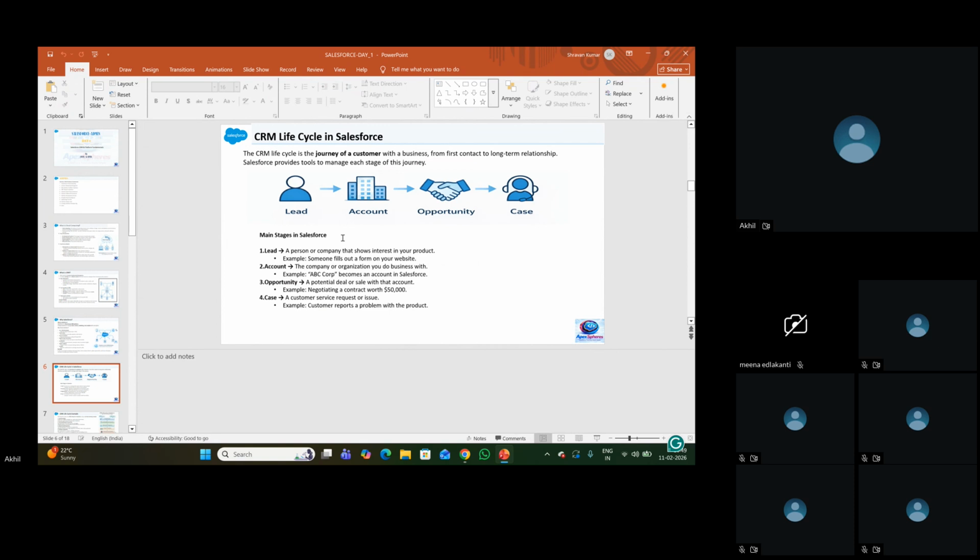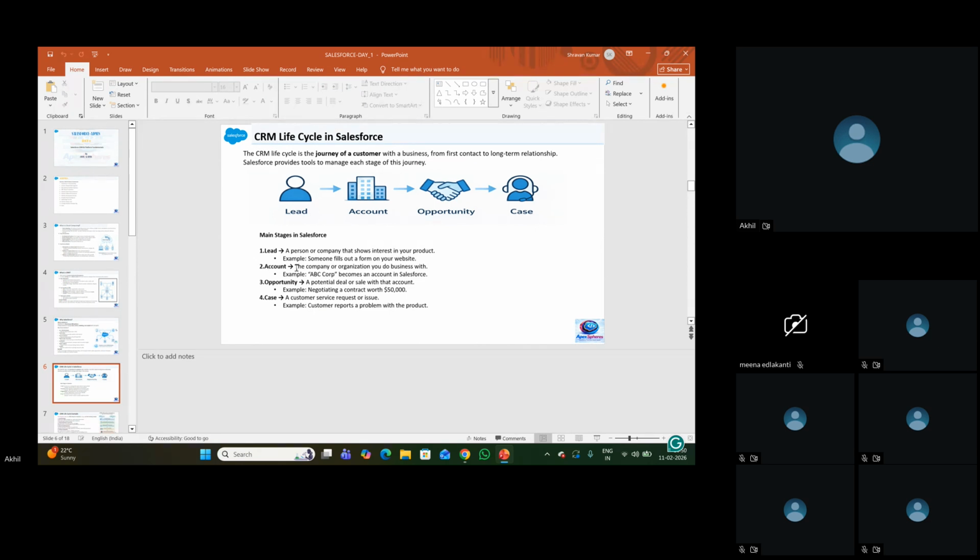The sales team will reach out to that lead, saying, "Looks like you were interested in this product. Do you want to use our product?" They'll have some conversation, and let's suppose that lead is interested in our product. In that case, we'll convert that lead into a real customer in Salesforce. Once we convert that lead, we'll have data for that customer.